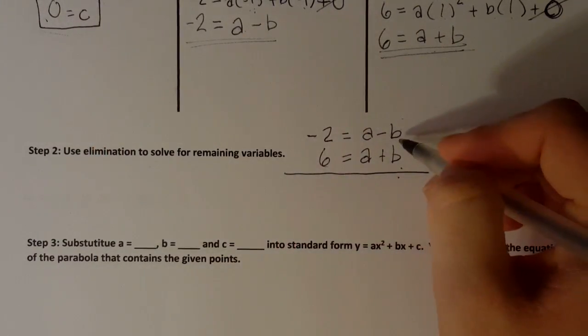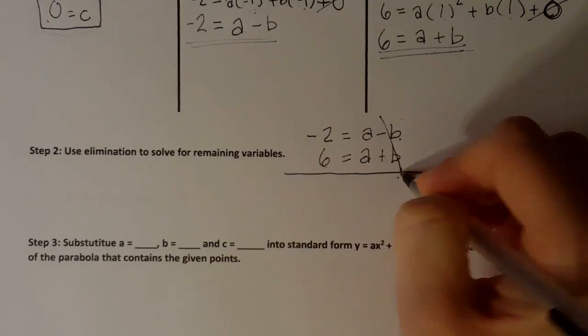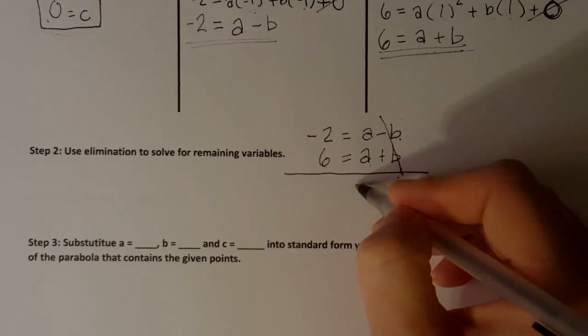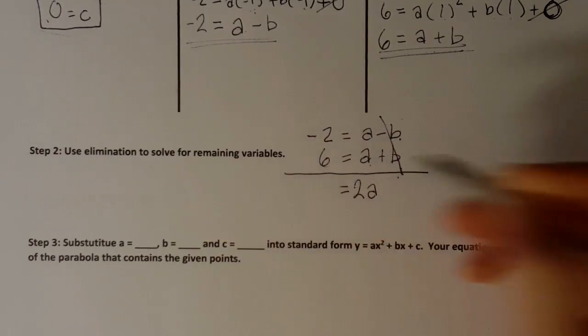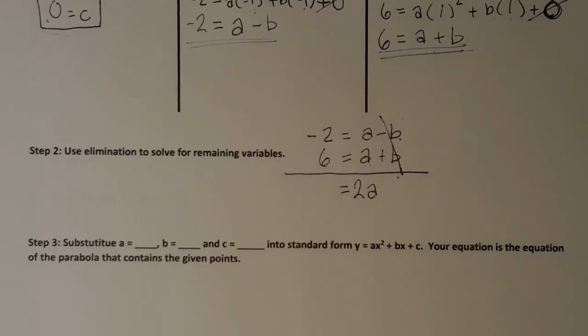So if I just add up the columns, negative b plus b cancels out. A plus a is 2a. Bring down the equal sign. Negative 6,